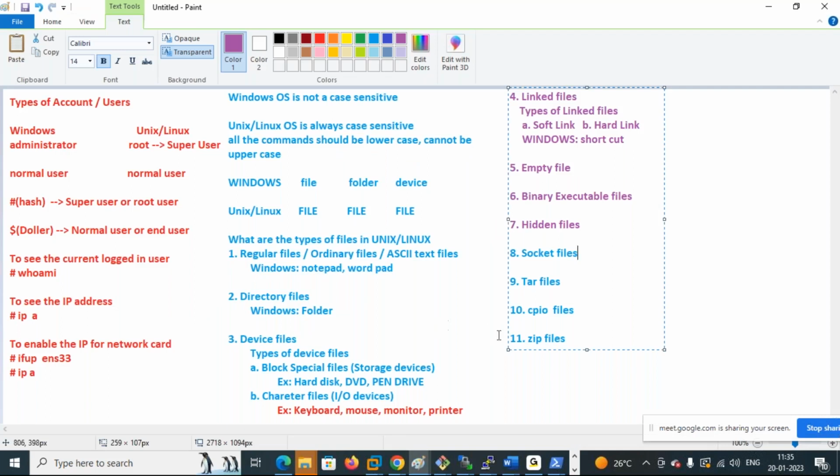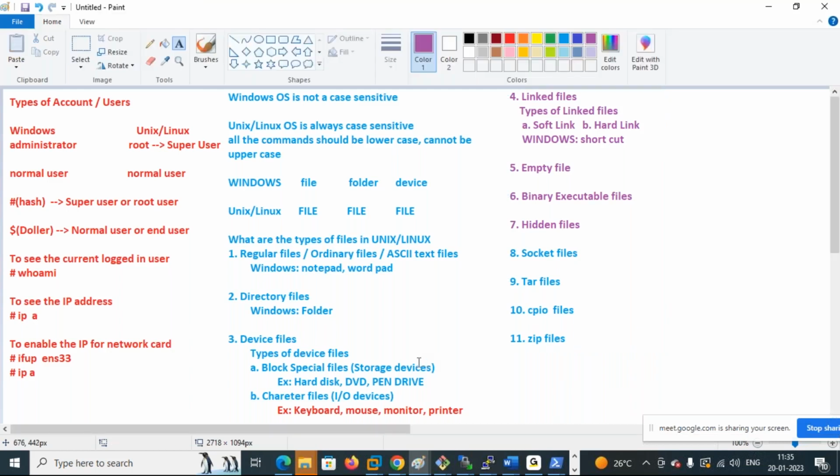how to create them, how to access them. That is called Linux fundamentals. What is the meaning of Linux fundamentals? We'll discuss all these types of files, how to create and how to access. So Linux basics is the prerequisite. Once you complete the Linux fundamentals, Linux basics, you're eligible for